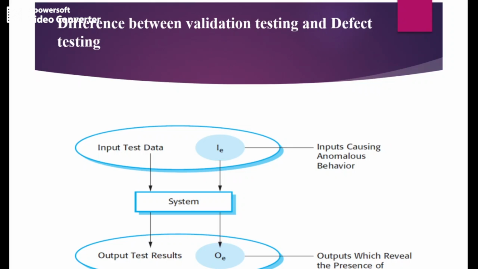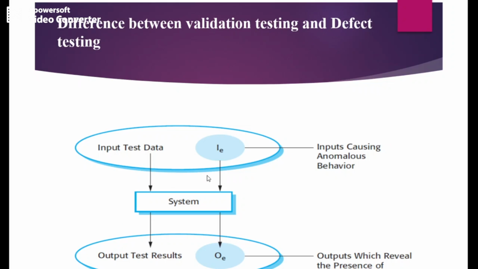Okay, so that is given, and what is expected finally, because testing is something where you have to get the outcome. So finally you have to get the output test results. Now that is actually a form of your validation testing. So I am giving the input, my input will be some requirement, and I will be giving a valid input only, so that I get the expected output as it is.